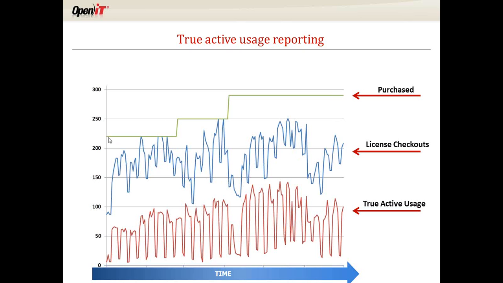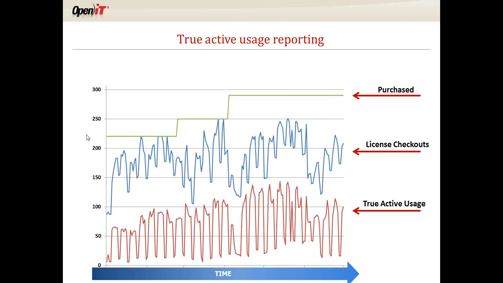So in this scenario that I'm going to set up for you, the users were moving along and they started getting denials, meaning they couldn't work, they couldn't check out the license. So the company purchased more licenses. They bump along and boom, the help desk phone starts ringing again, and they purchased more licenses. Well, again, they didn't necessarily have any usage data.